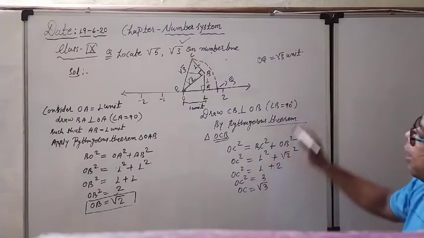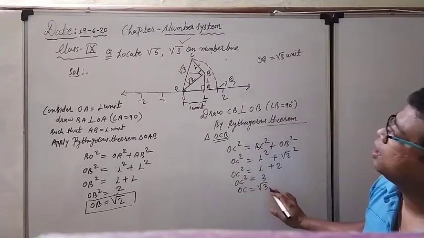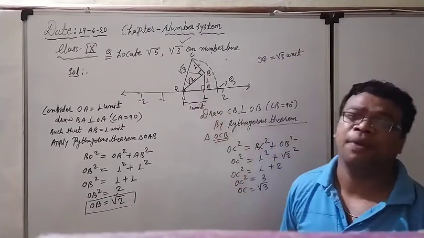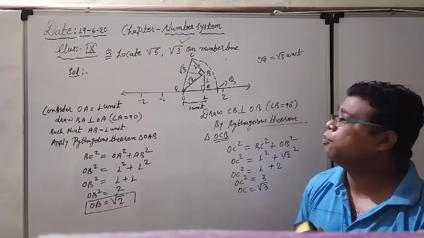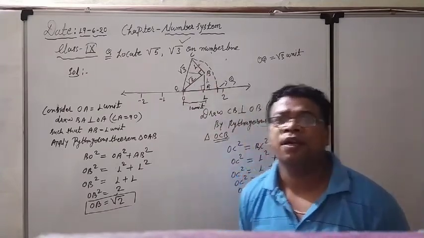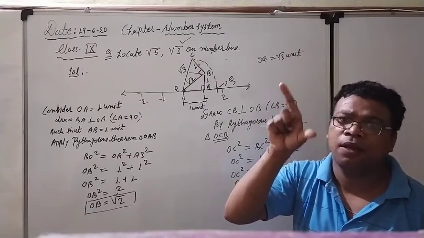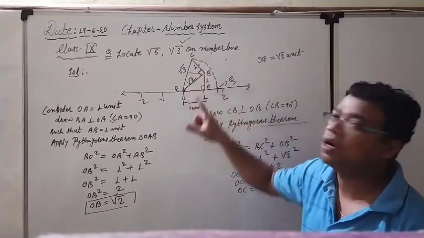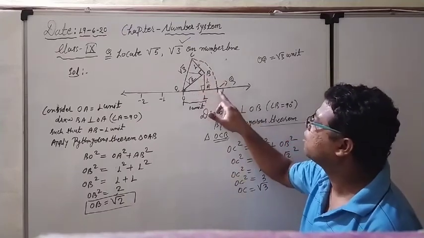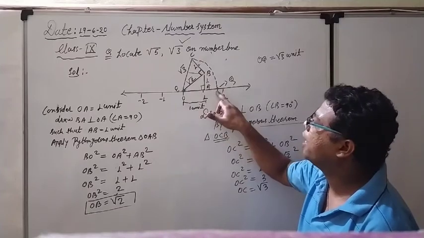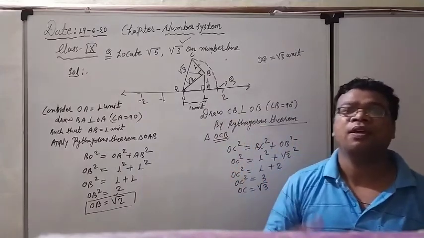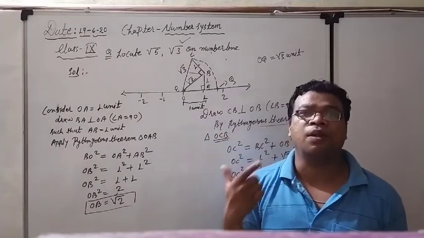Okay, I am not going to write down this. After getting the √3, just go to the main point, that is the O, and after that take the radius OC, that is right now equal to √3. When you take the radius √3 and cut one particular arc on the number line, whatever arc you cut on the number line, that particular length, meaning OQ, will definitely represent √3 unit. So in such a way you can draw the square root on the number line.